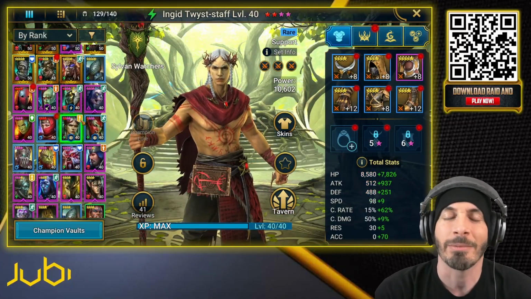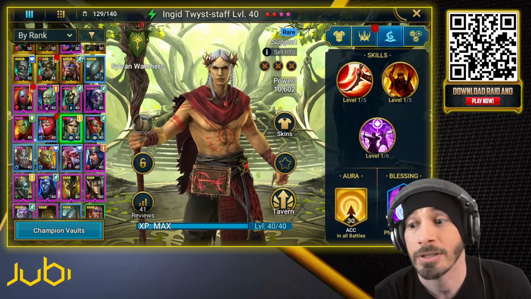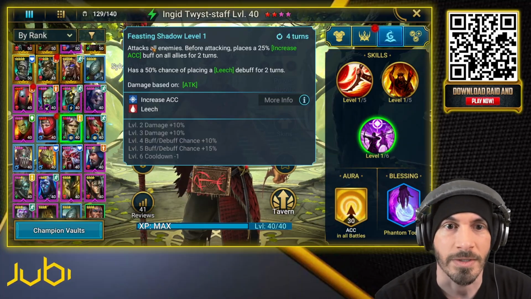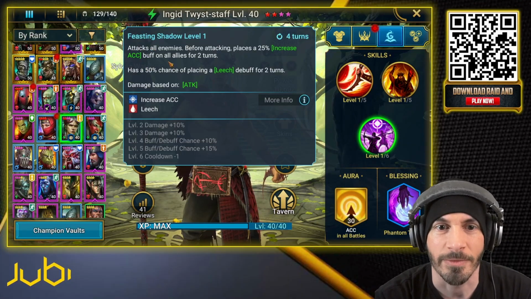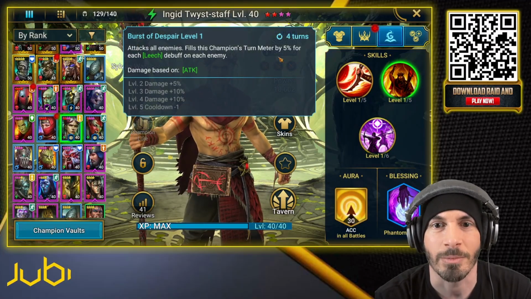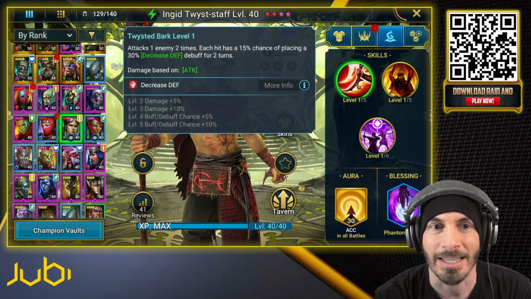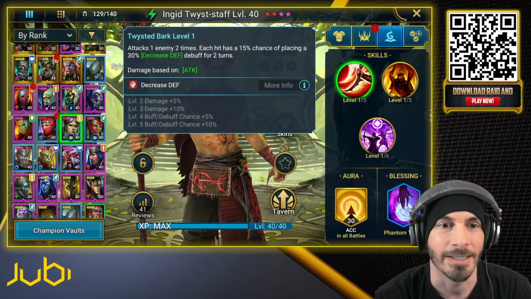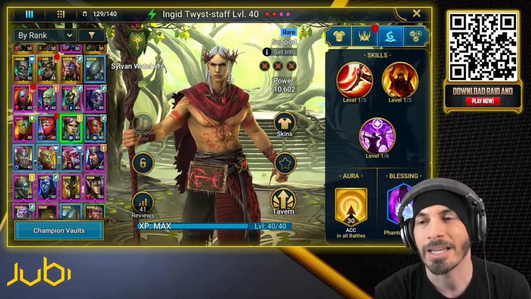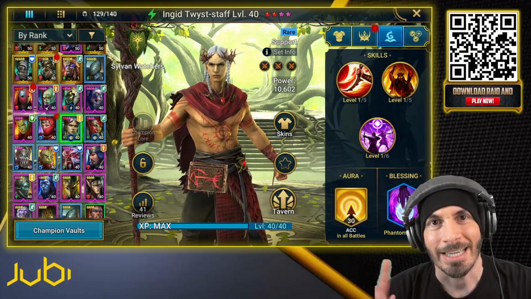Ingot Twiststaff. I've been wanting to build him for a while. I think he's got a lot of potential. Theoretically, he's got a lot of potential. And we have tomes for these units. So, attacks all enemies, increase accuracy buff on all allies, leech debuff for 2 turns, damage based on attack. Then we have the attack all enemies, fills champion's turn meter by 5% for each leech debuff on the enemy. So, I think he's got a lot of potential. He also has the defense break, and he has the accuracy in all battles. Double AoEs though. Let's build him, and we will be back in a second after these